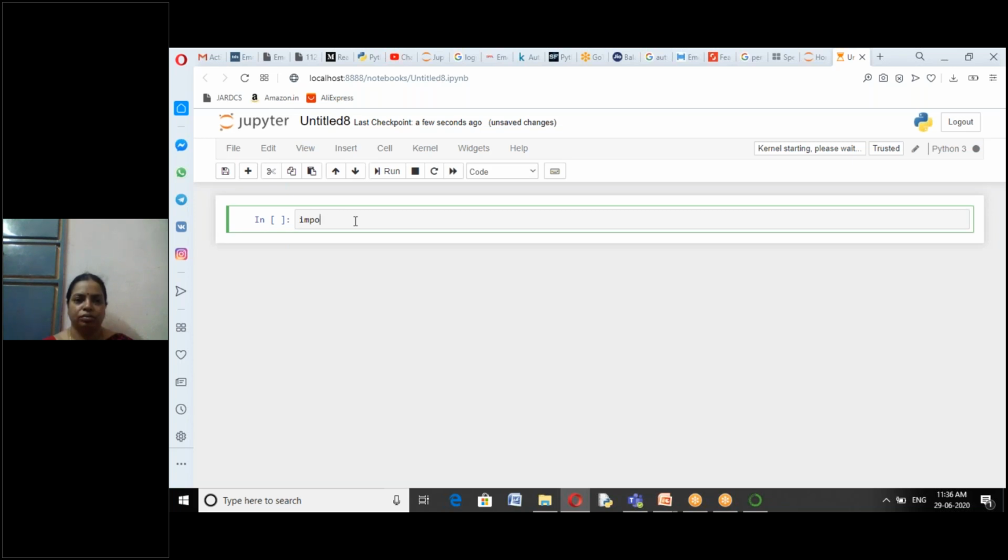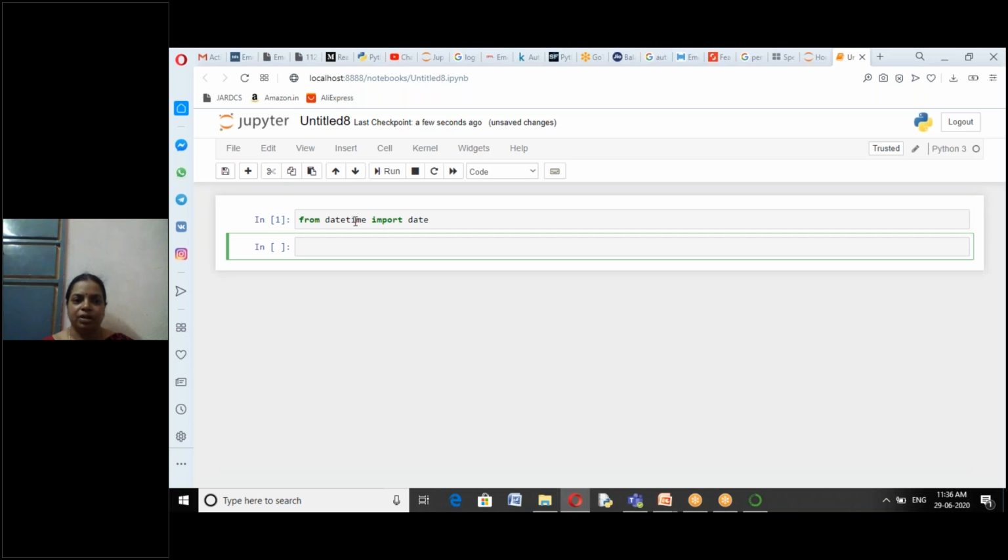Import from datetime. We'll import the date class first. Now we'll display the current date.